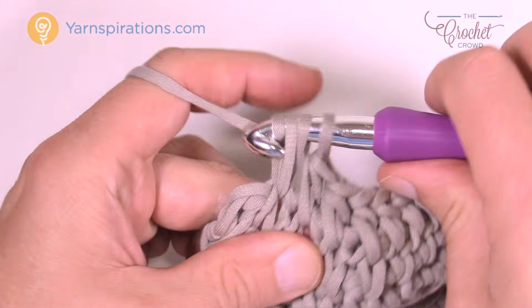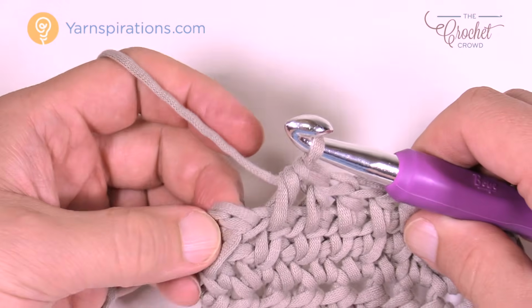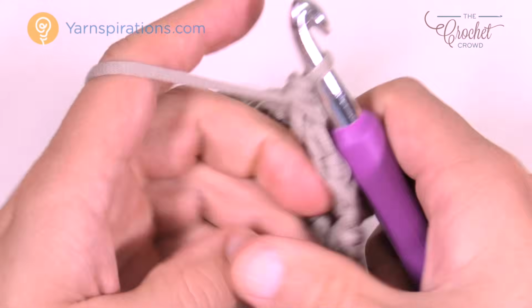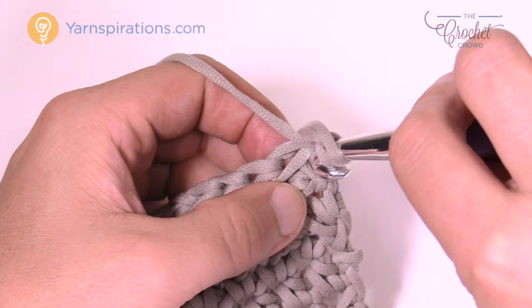So that's it. Remember, we're coming to the end of the row. It looks like there's 2 there. Again, just kind of pull it apart and go into the split. There's actually only 1 there, and split it, and then turn your work, chain 1, come to the same one right underneath, split it apart,